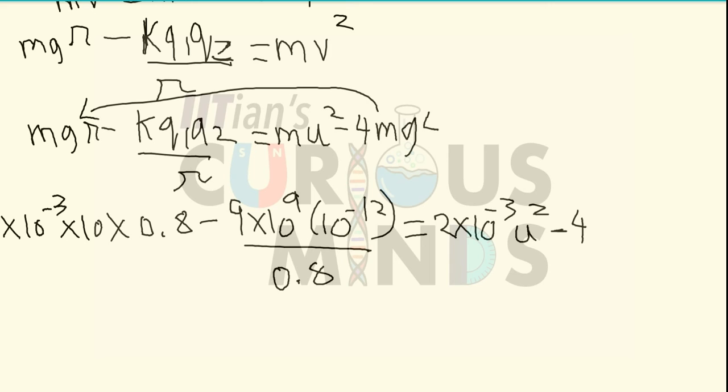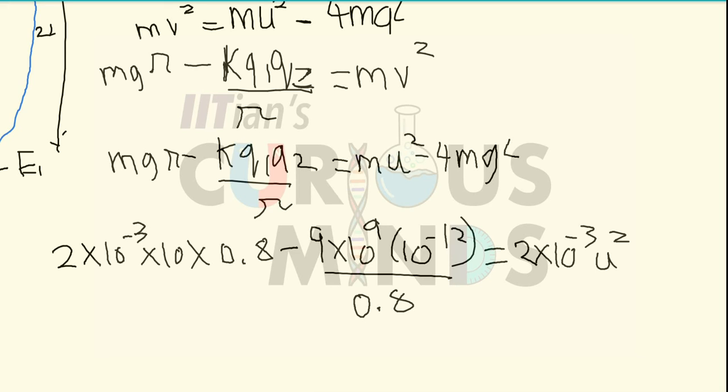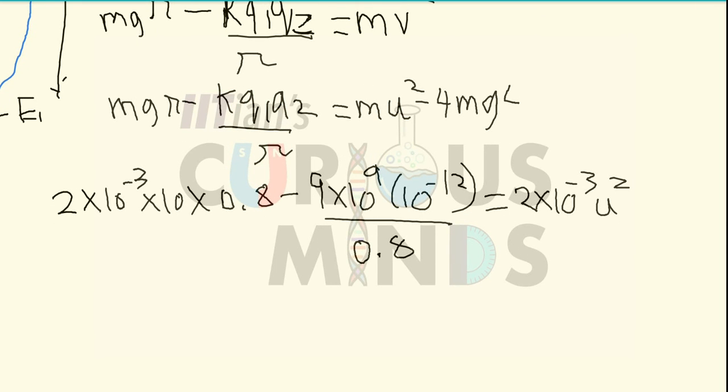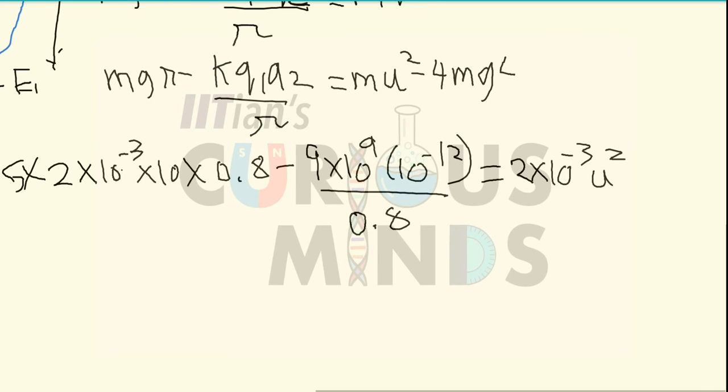So minus plus here becomes 5. So I can simply multiply by a factor of 5. Let me multiply by a factor of 5. So basically 5 into 2 is equal to 10, 10 into 10 will be equal to 100. 100, if I shift it over here, it will be equal to 10 raised to 2. So simply it will be equal to 0.08. This is the value over here on the left hand side.